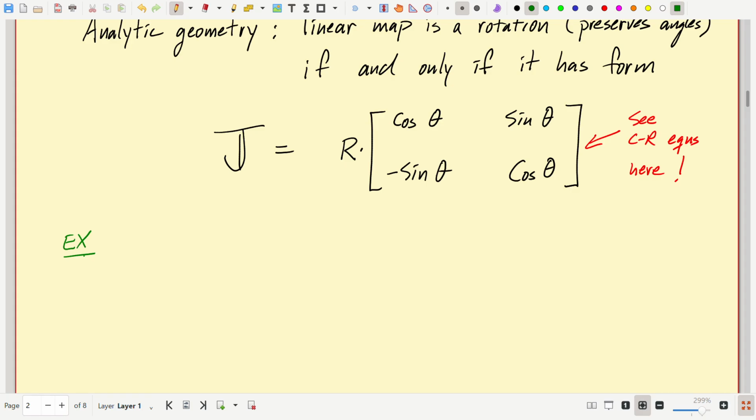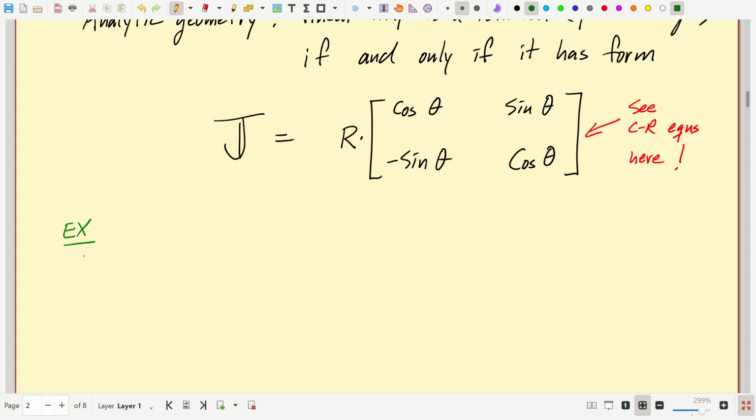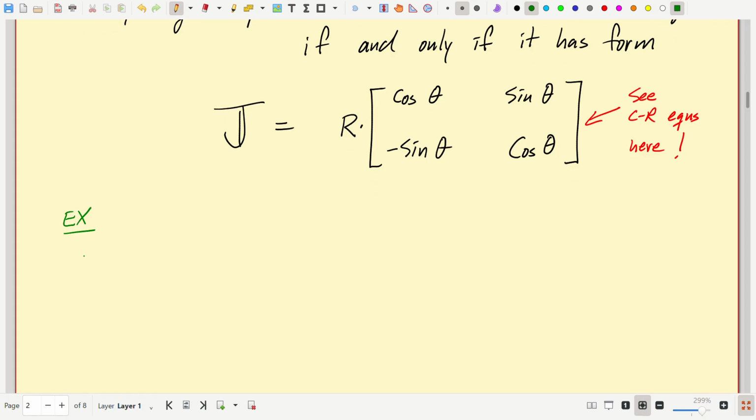And those things that open like a fan are going to multiply angles by some number, namely the power. So an example like f of z equals z squared is not conformal at 0